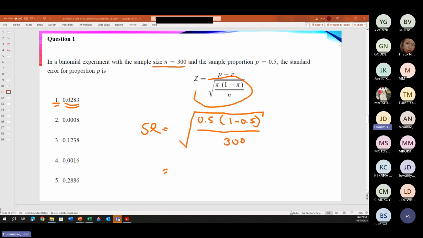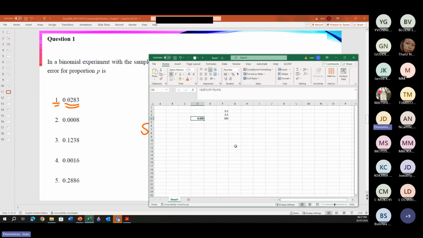Let me quickly take this hand. If you take the square root of a 1,